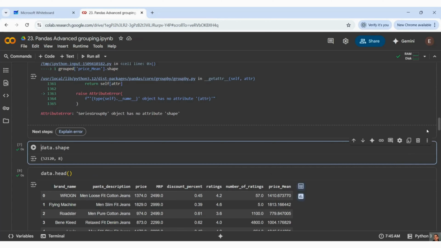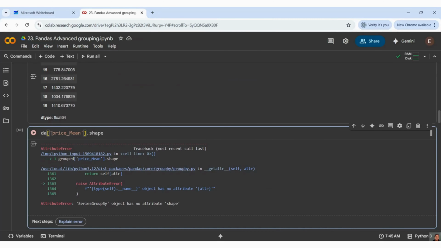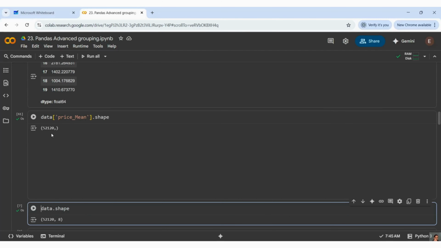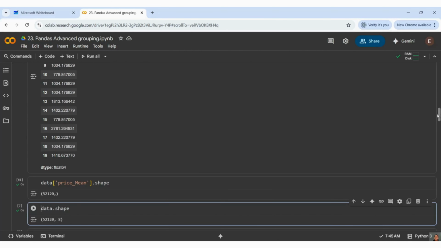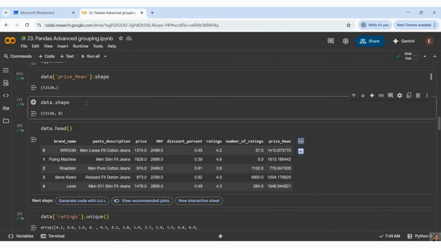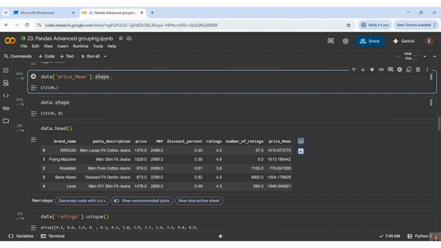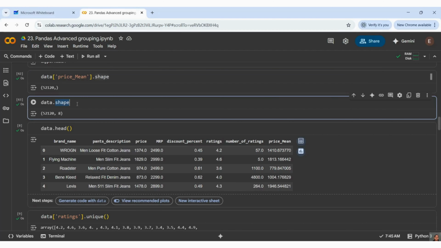I need to check that data, because that price mean got derived from grouped. So yeah, that is fine. Now next we will see the shape. So this is my grouped data shape, and this is my original data shape.